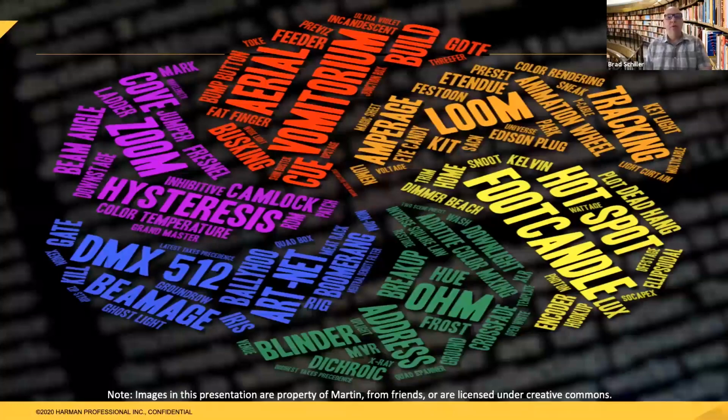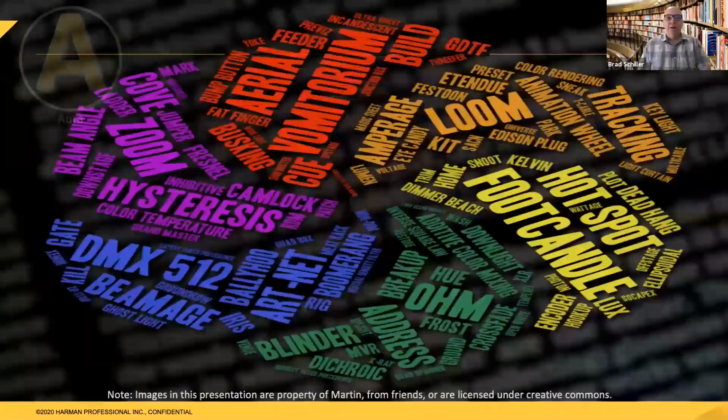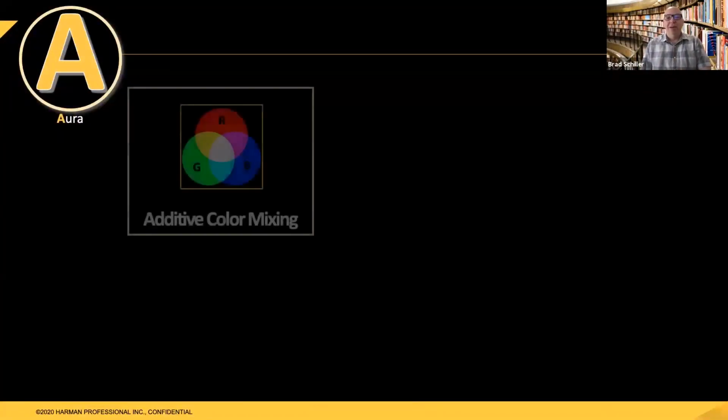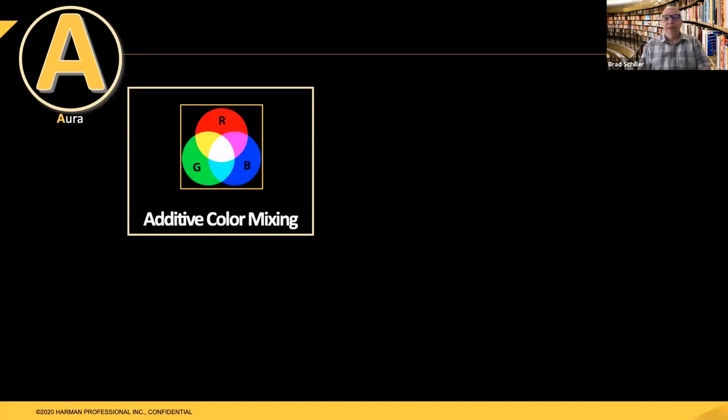We're of course going to go through the alphabet because this is the ABCs. So we're going to start right away on, guess what, the letter A. So starting right away, we're going to talk about additive color mixing. Additive color mixing is a great color theory, and that is that you take different segments of light. They could be LED chips, it could be different lighting fixtures with different gels or colors on them, and you add them together to create white and or to create other color mixes.